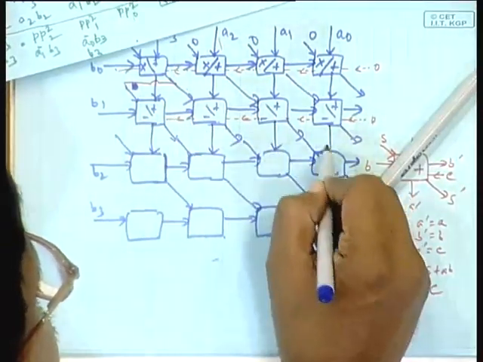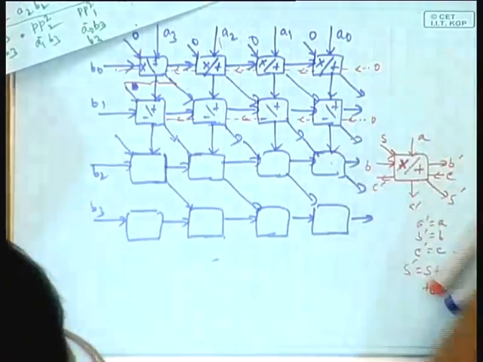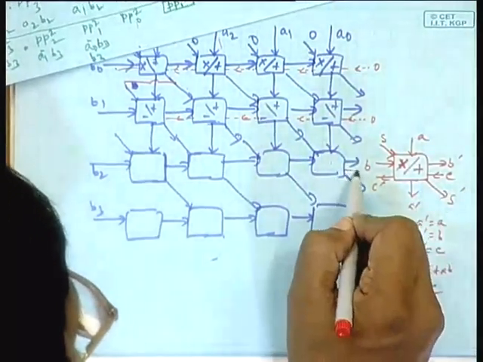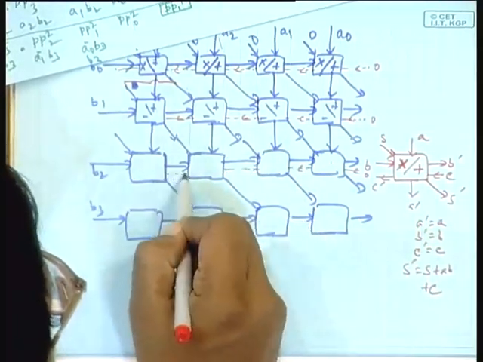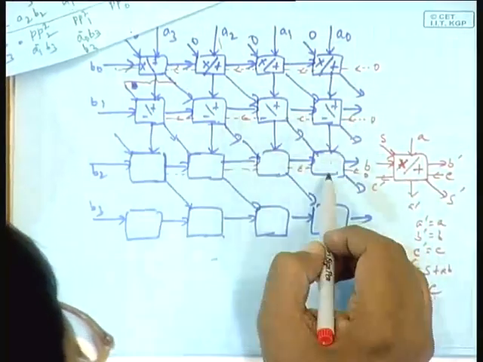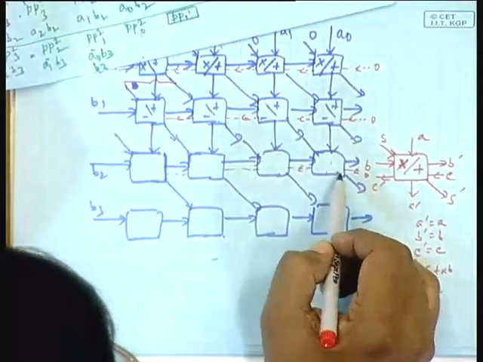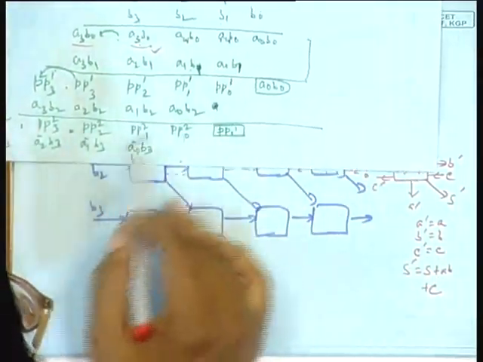A0 B2, you follow me? Again initial carry is 0. A0 B2 plus A1 B1, no initial carry, result goes here, new carry comes, then your